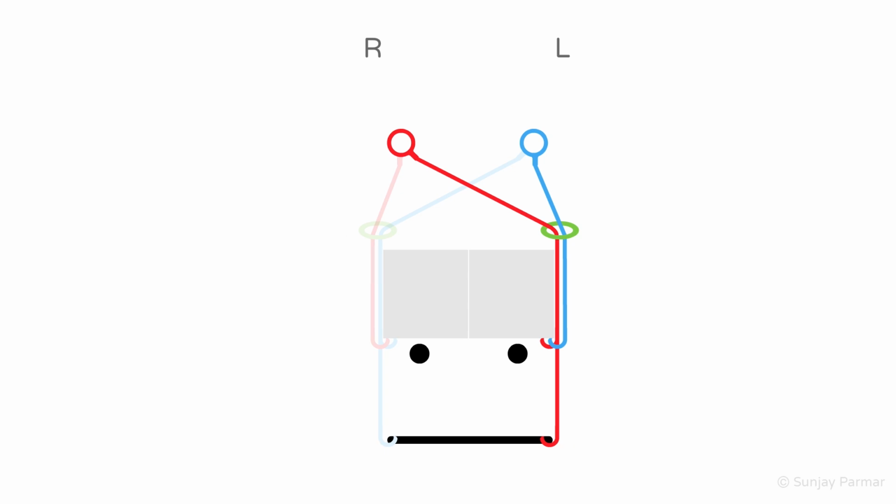Looking at the forehead, you can see on both sides there are blue and red ropes hooked onto it. This shows that the upper facial muscles have bilateral input from the motor cortices. This means if one side's motor cortex fails, there is a backup to keep innervating the upper facial muscles. We likely have this backup so that if there is a unilateral motor cortex lesion, both orbicularis oculi can still contract to protect the eyes.